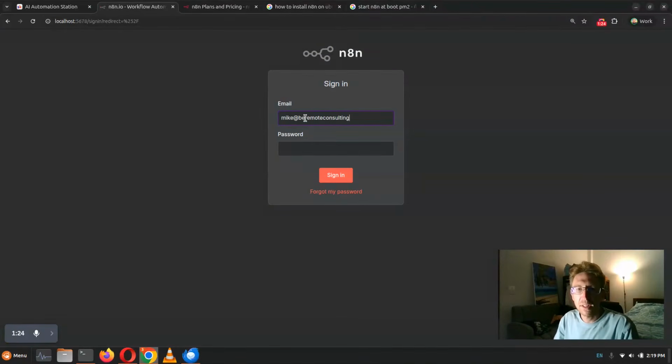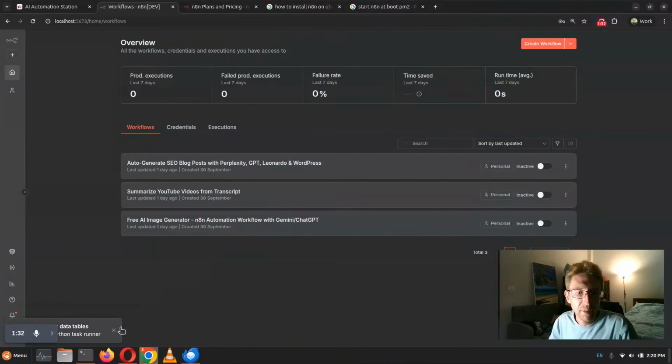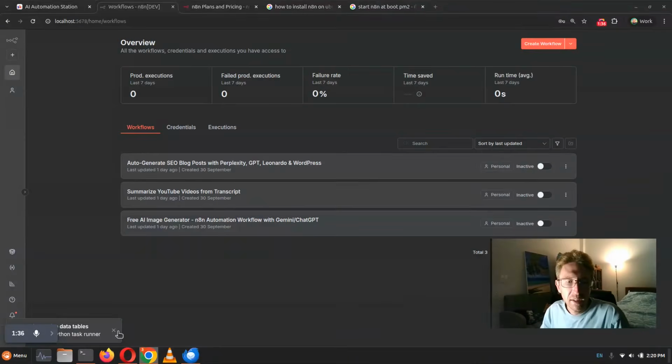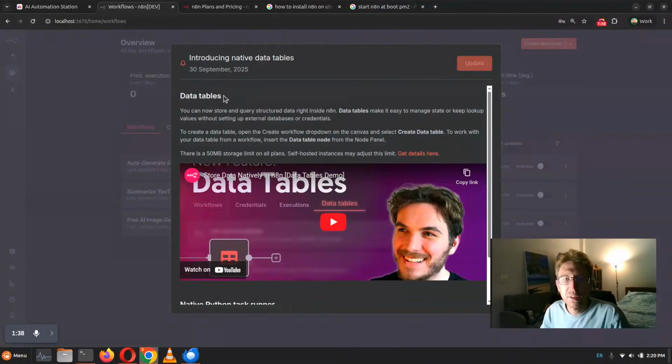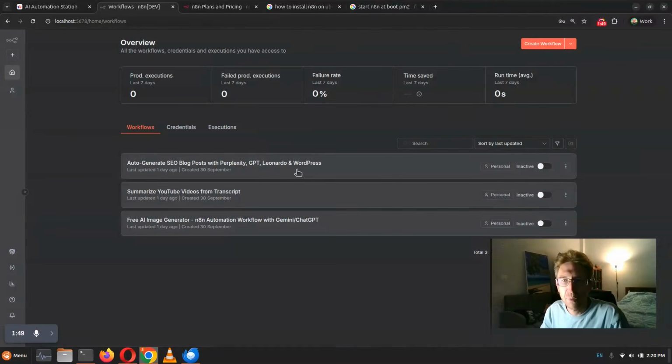So I'm just going to log into my account real quick. And it's already saved everything, so I can just log in right away. I also have all of the pro features as well because I activated the API plugin. So that's good to go. And they've just announced these new data tables, which are a much faster way to pull in data, basically. And it looks like I will have the option to update to that, but for now I'm just going to